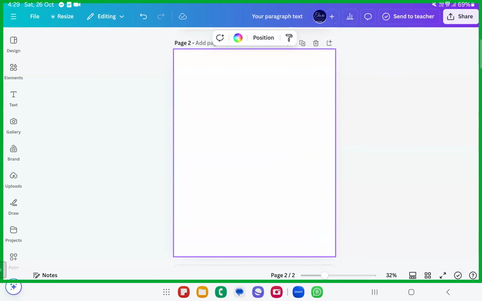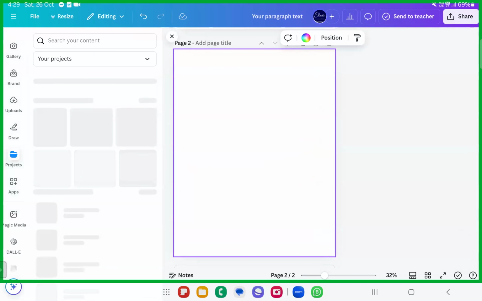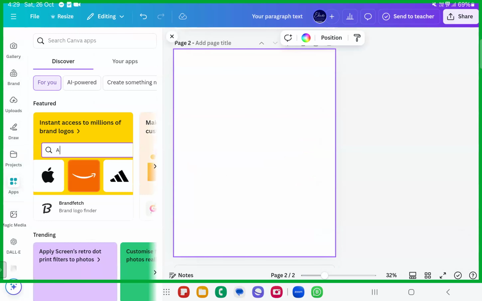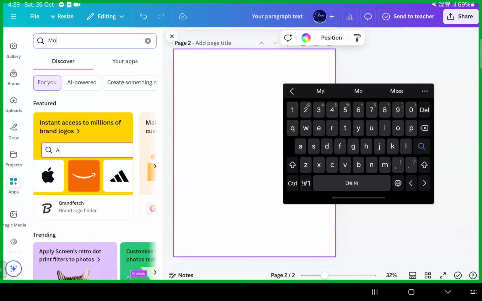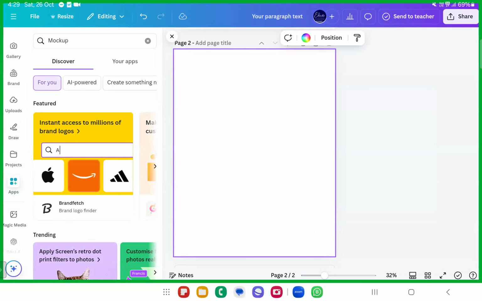Once you send it, they'll send a mock-up copy. Okay, a mock-up copy. How will they generate that mock-up, do you know? They'll just go to the apps and go ahead with the mock-up. You know how they will generate it and say that this is the finalized version? This is how they do it. They generate a mock-up.